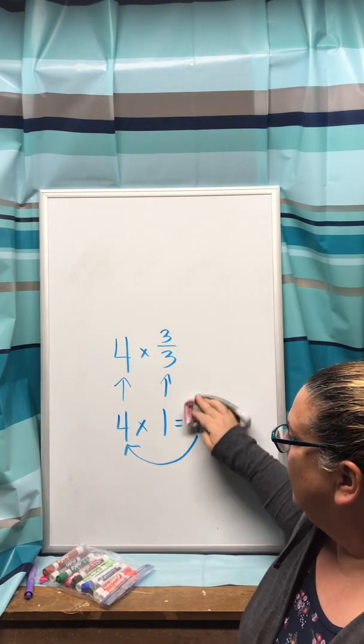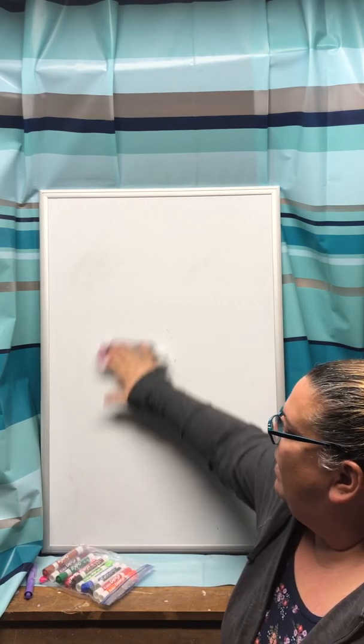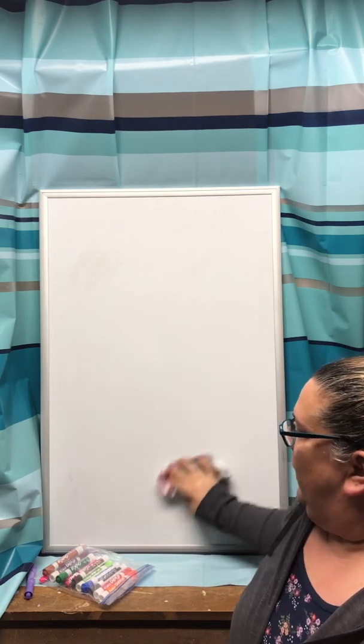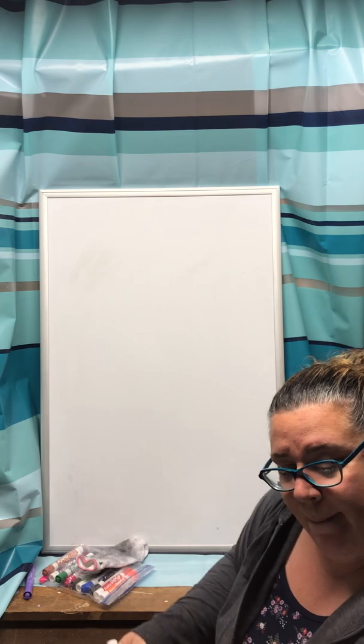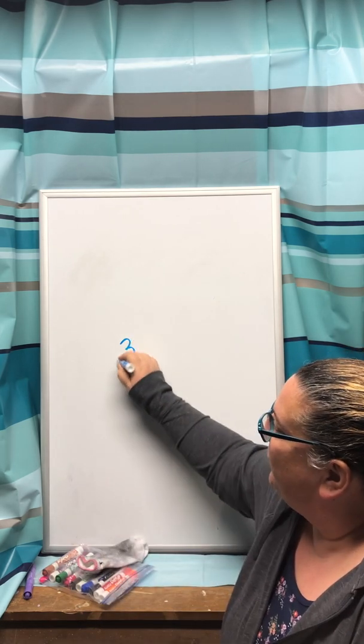Okay, jumping over to page 501 on the guided practice. I'm going to go through these with you before you do the independent practice. Question number 1, why does multiplying a number by 3.5